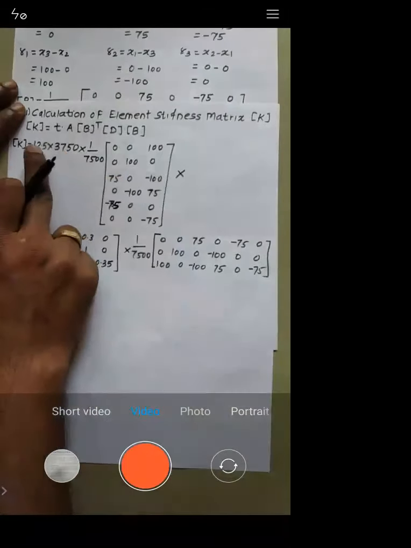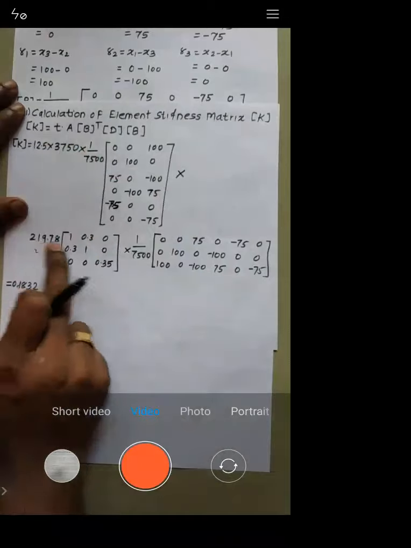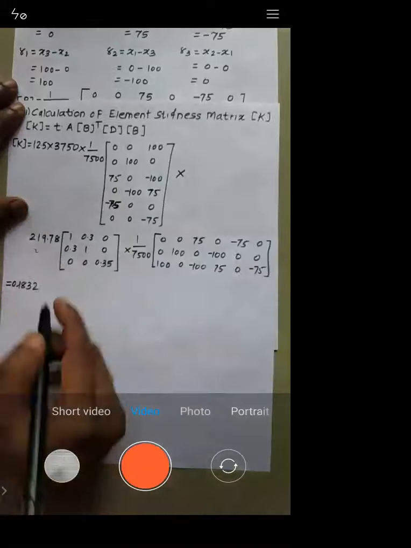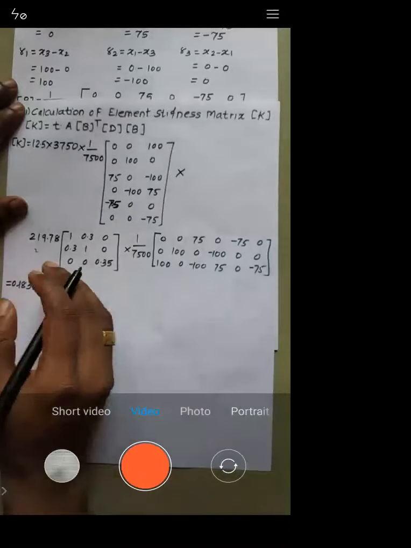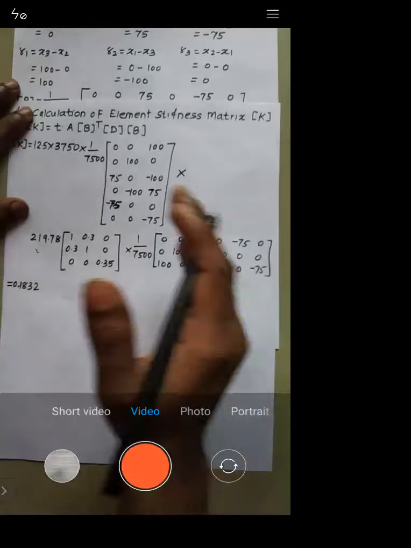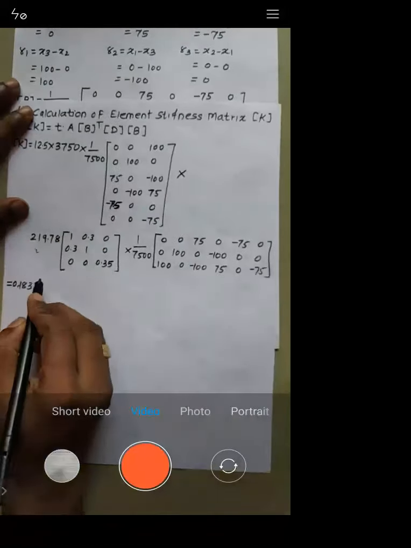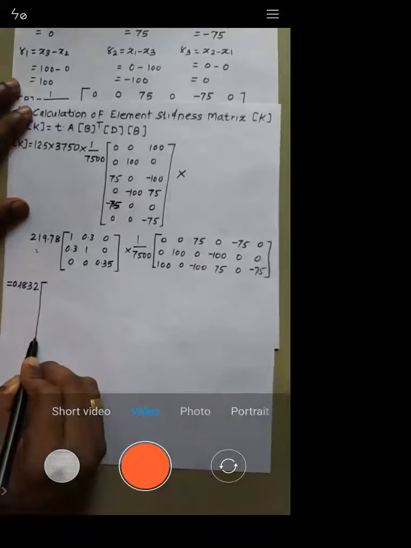See, these terms 1, 2, 3, 4, and 5, their multiplication is 0.1832. Now this matrix I will keep as it is, because when you multiply the matrix, you need to start from right towards left. Right, you need to start multiplying from right towards left. So I'll write down that matrix as it is.